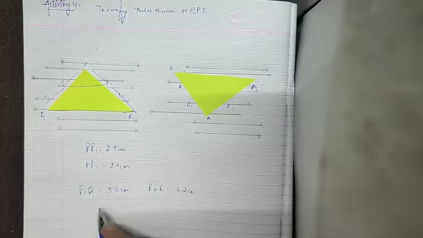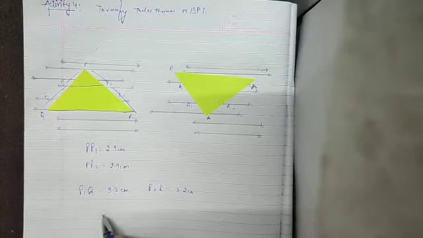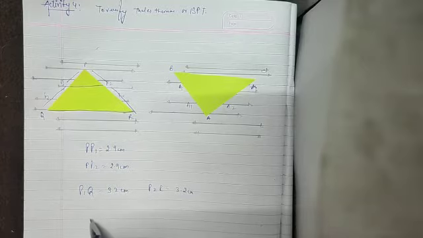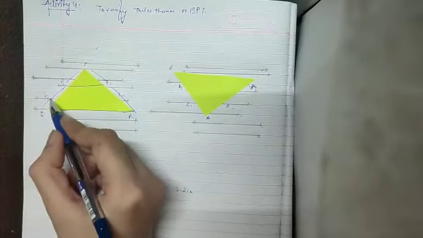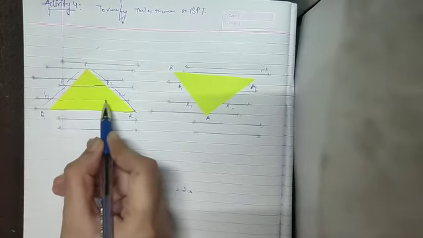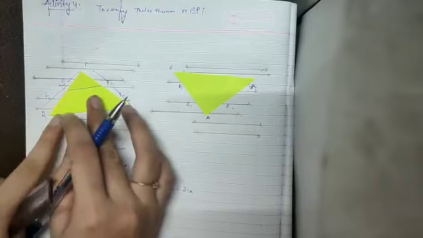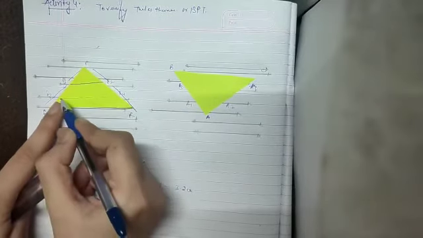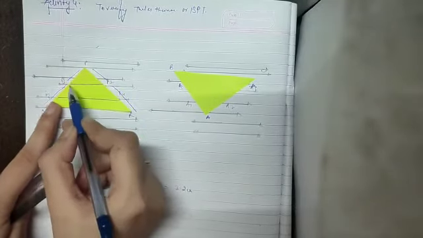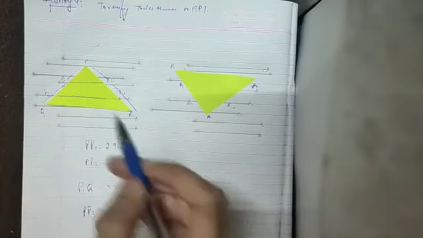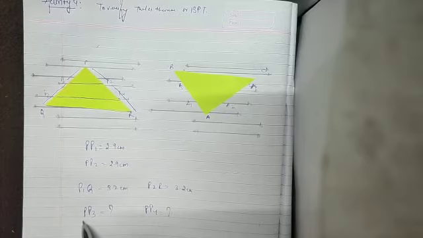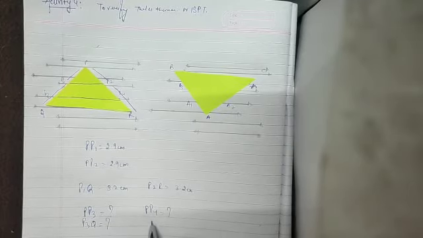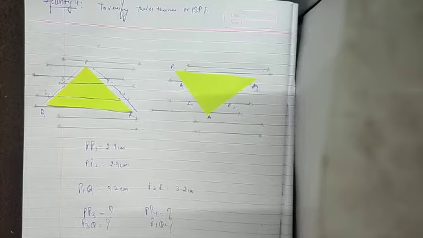Similarly, you will repeat the same thing for the other process. You will now find the distance of P3, from this point to this point, on this parallel line. Now this is a parallel line to this parallel line. You will find the PP3 distance, the PP4 distance, then the P3Q distance, then the P4Q distance.